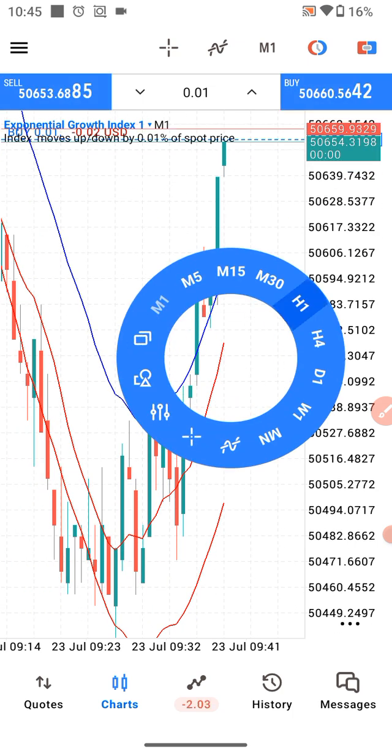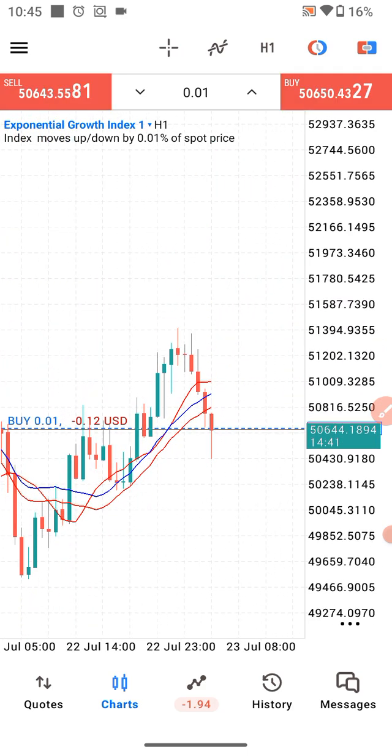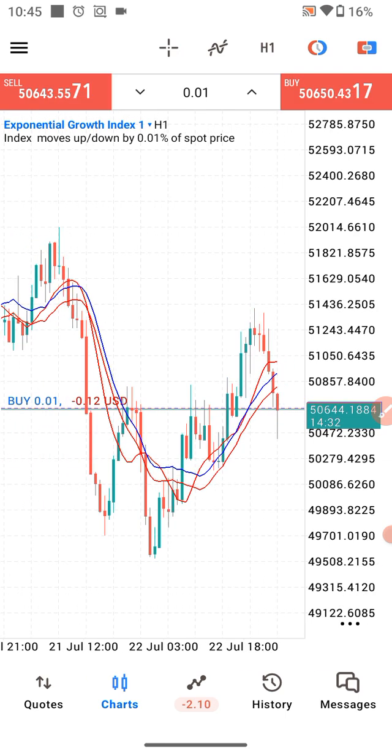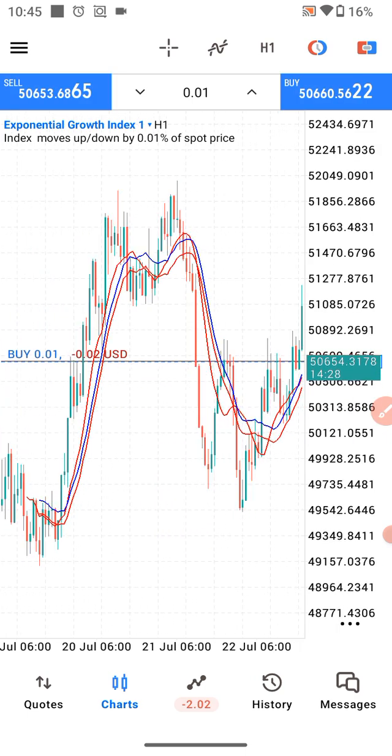So let's say if I went to the 1 hour time frame for this exponential growth index, I'm just looking for the first 2 strikes or the first 3 strikes to make my decision on the type of pair I'll be trading, that would just be going in the direction and not actually reverse or whatsoever. So I can see the